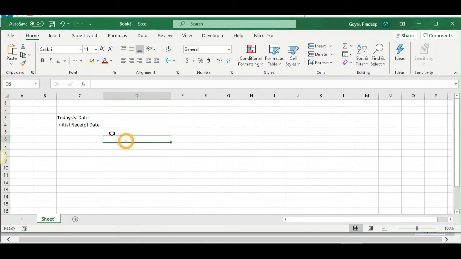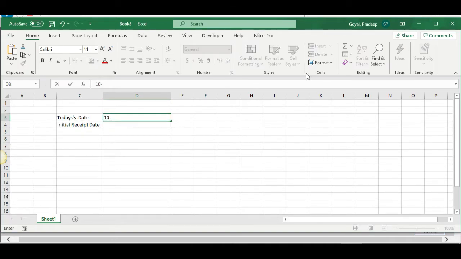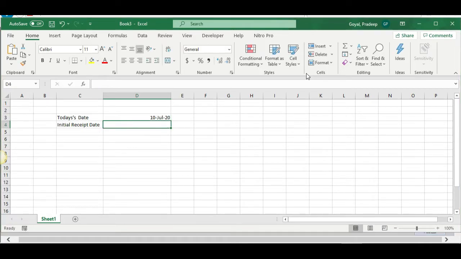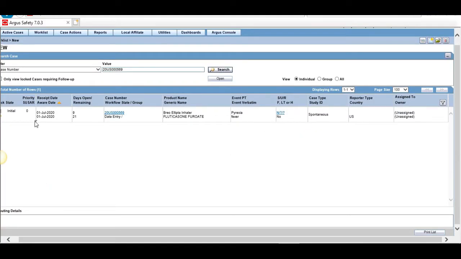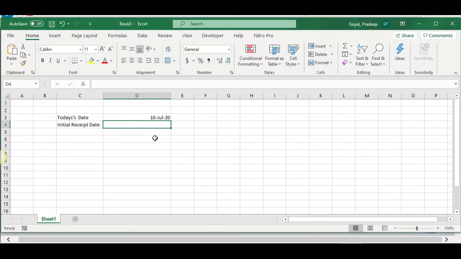Now today's date is 10th of July 20. And the initial receive date, when is the initial receive date? Initial receive is actually an aware date, the date on which we got to know about the particular event. So we got to know about it on 1st of July.